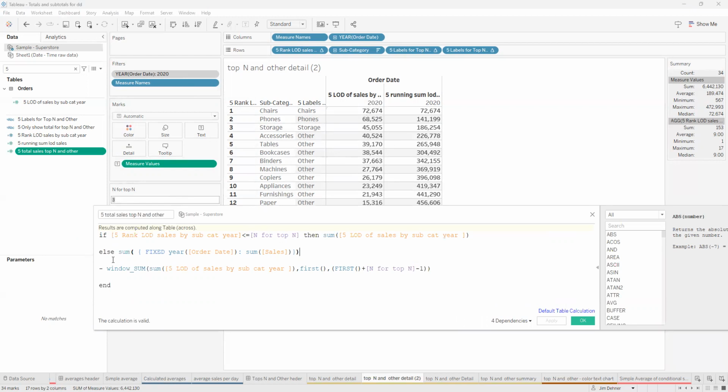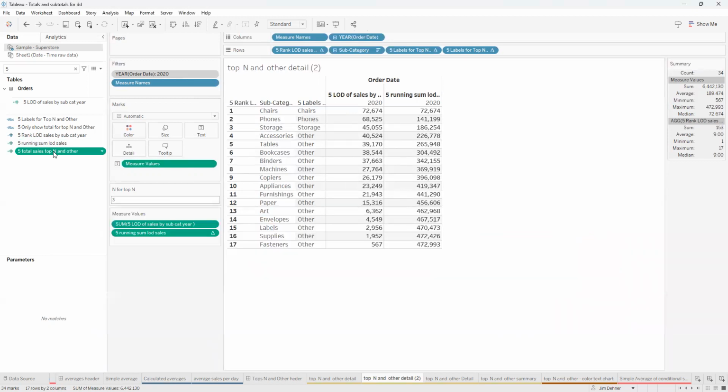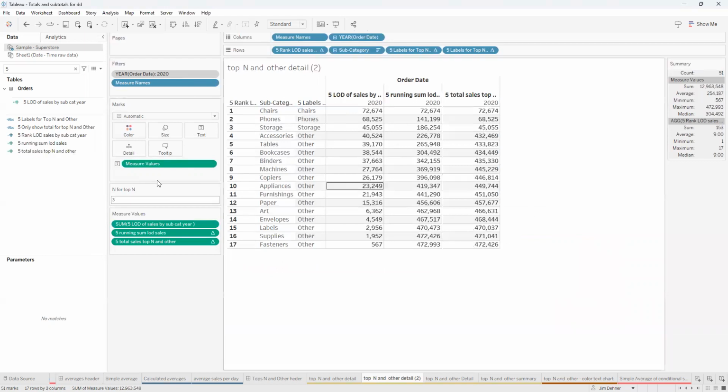For anything else, I want to take this value, which is the total value. This is the grand total by year. This is the fixed by year total of sales, the total of this entire column, and subtract from it these first three values. And that's what we want to see in our chart. And I want that calculated